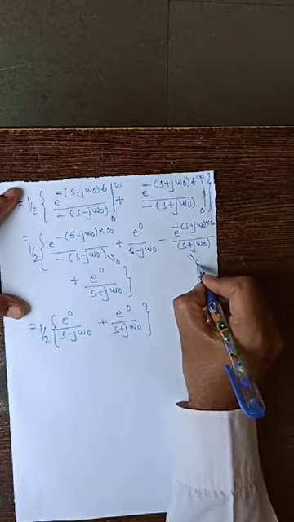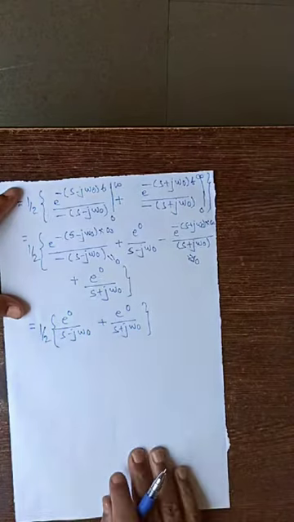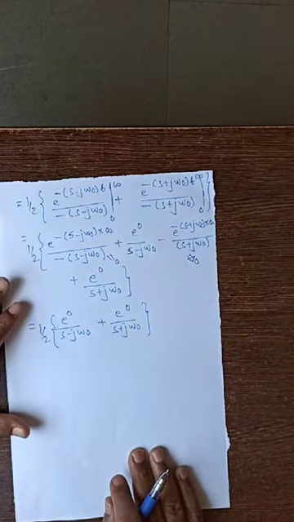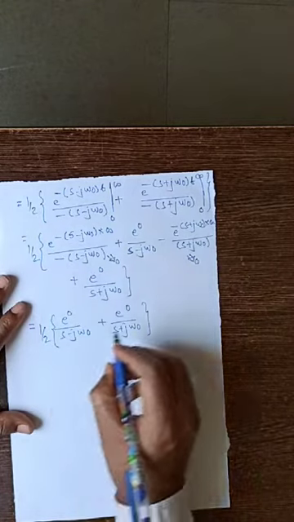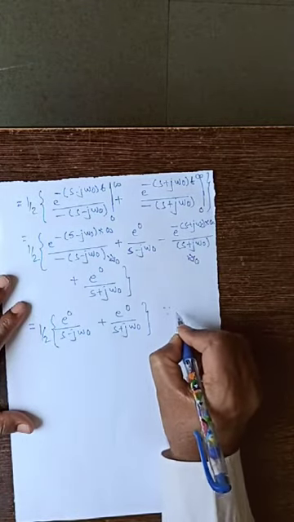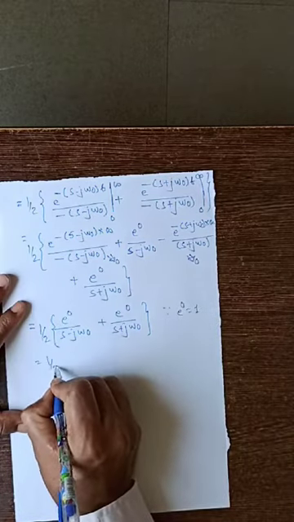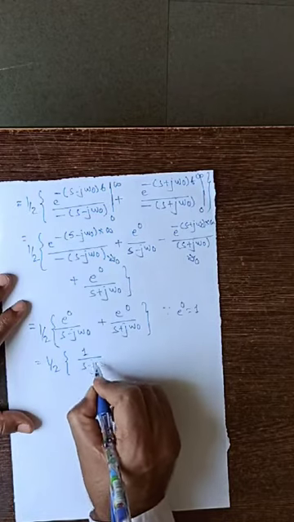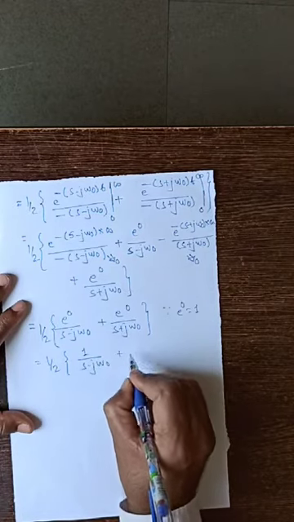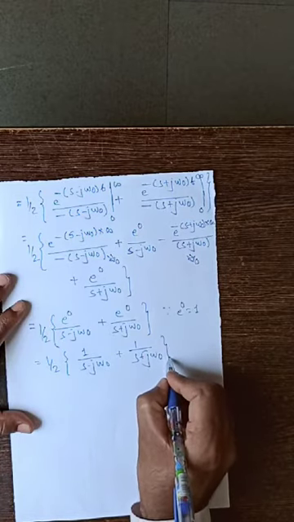Again this term reduces to 0 as e raised to minus infinity is equal to 0. So since e raised to 0 is equal to 1, that is equal to half into bracket 1 divided by s minus j omega naught plus 1 divided by s plus j omega naught,